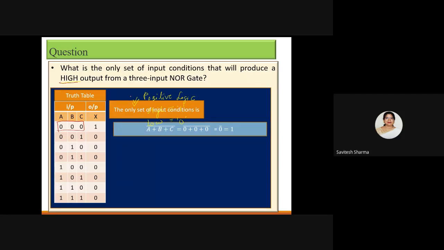So this you can also explain without the truth table. This is another way to determine the output. Just take the Boolean expression and apply the input condition. The NOR gate Boolean expression is (A plus B plus C) complement. If you put the combination 0 plus 0 plus 0, then you will get 0 complement, and the complement of 0 is 1. So one by one you can take an input condition, apply it in the expression, and then you will get the output. This is another way to determine the output.